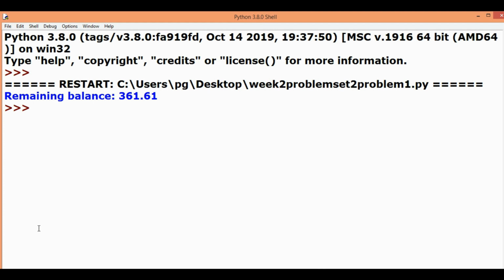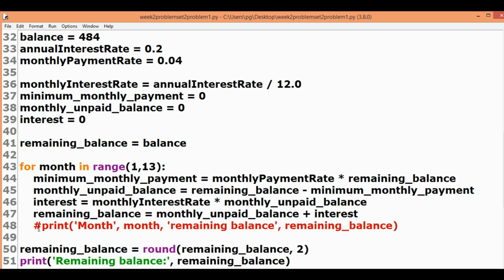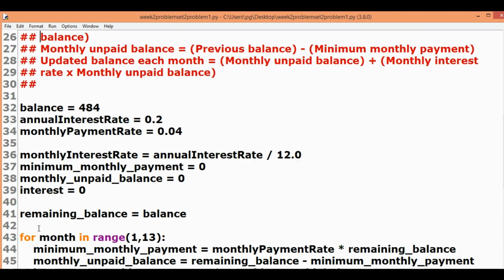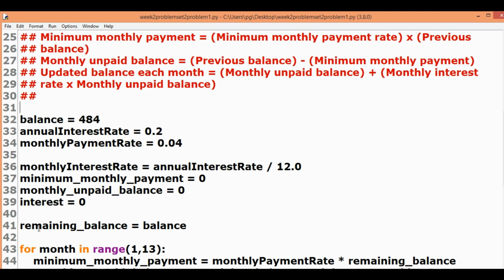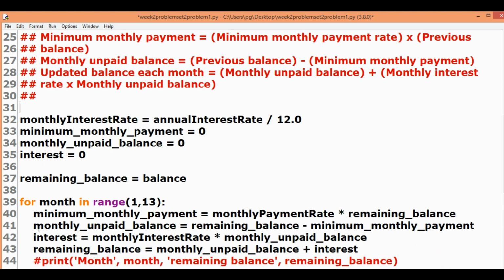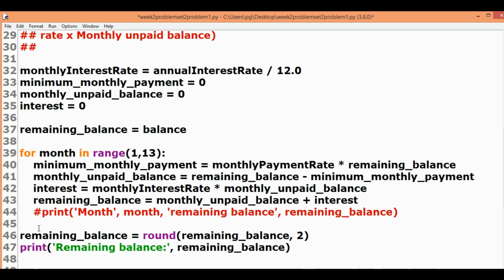Now before we submit the code to the edX grader, we need to make sure that we have deleted the first 3 statements. And after that only we do our final submission.